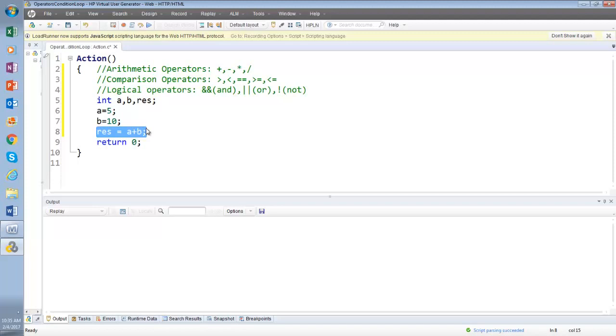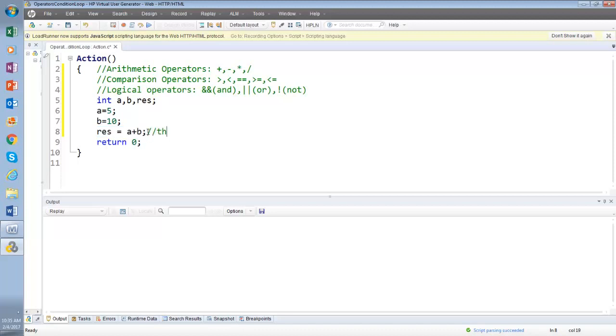Arithmetic means plus, minus. Question here. We declare all the variables, and we put in the values of the variables. Now, if I write integer A, then A is equal to 5, integer B, then B, does it make any difference? It will be a problem. You have to declare all of your variables first. The first line will be your declaration of variables.